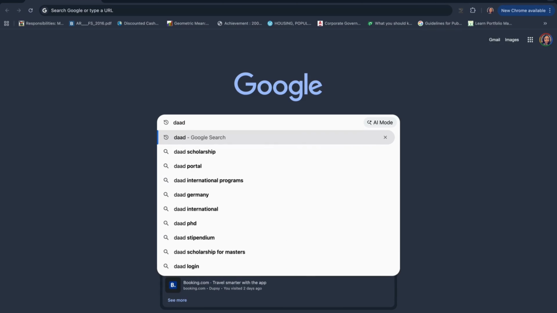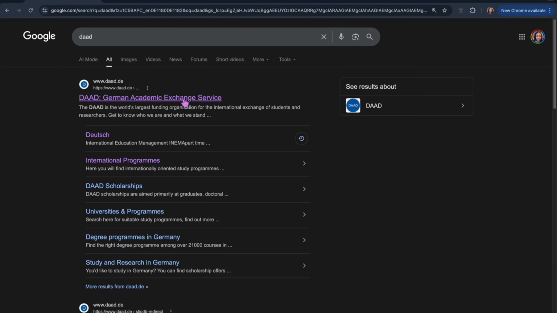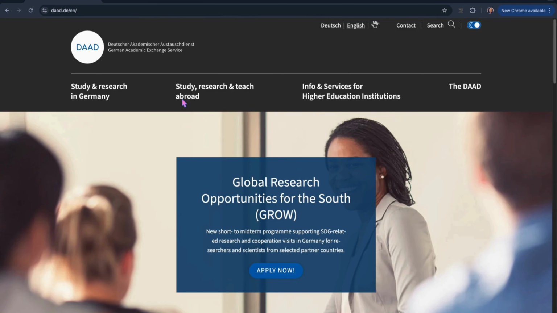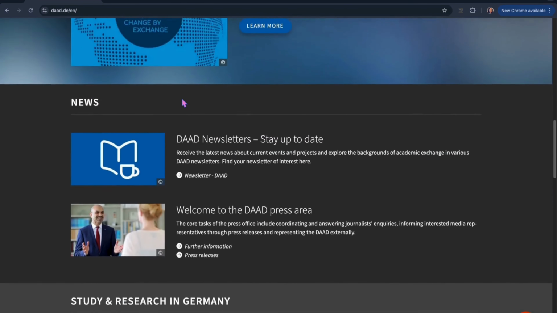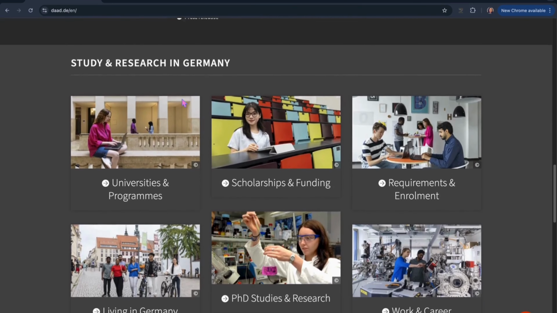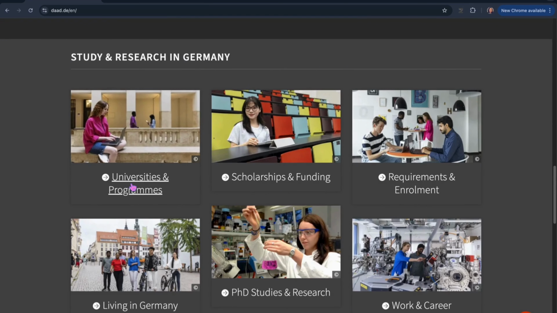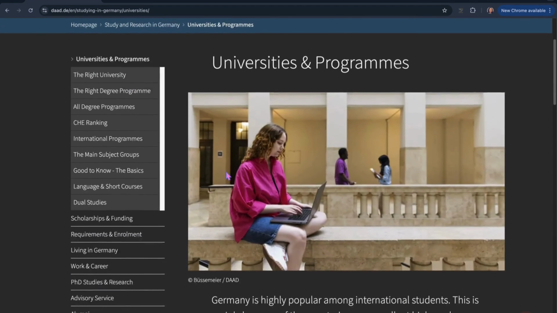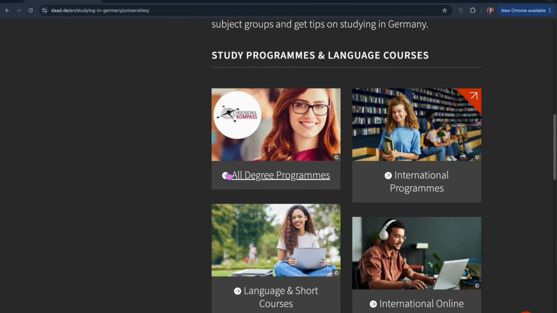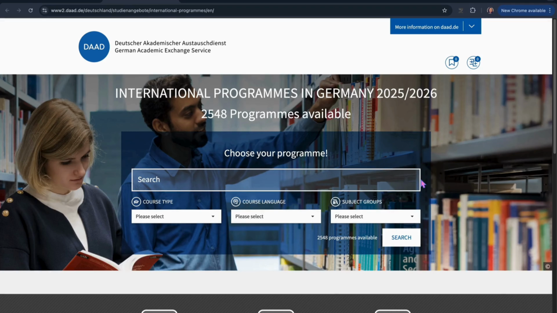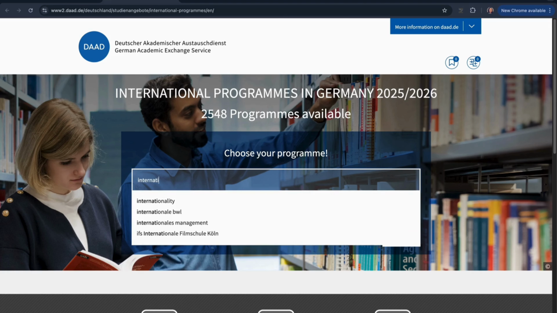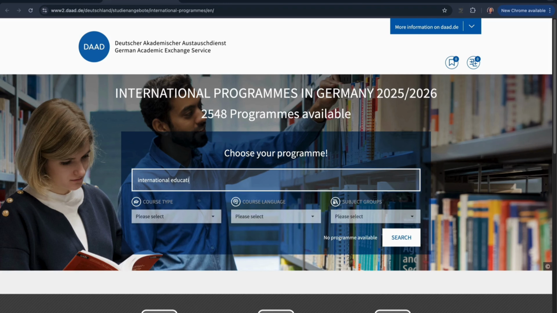So first, go to your browser and type DAAD. Click the first one that pops up, and then we're looking for study and research in Germany. Click universities and programs, and then next go to international programs. Since now we know the course we're looking for, type international education management